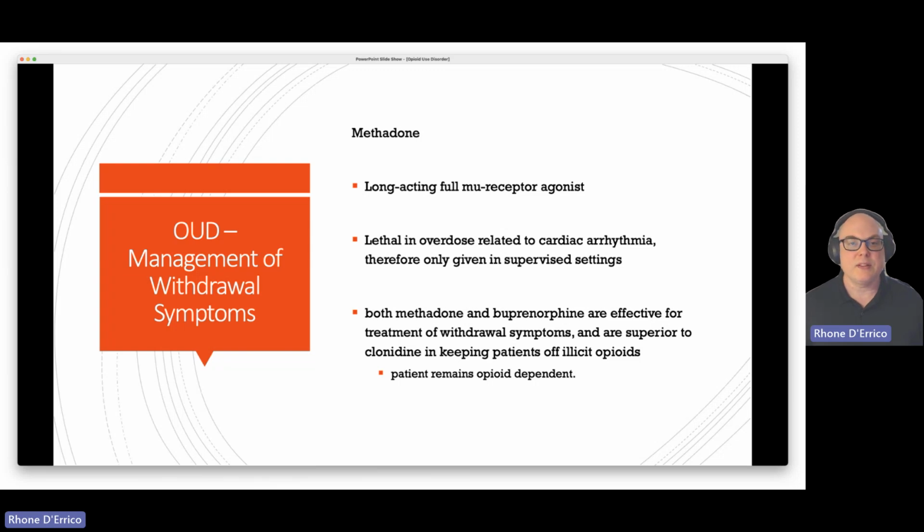It's good to realize, and this isn't necessarily negative or positive, but just something to keep in mind. Patients that are on methadone or on buprenorphine, they remain opioid dependent, okay? So we have not cured their opioid use disorder, if that's even possible. They may be in remission, but it's being controlled by another opioid. So again, this isn't a value judgment. This isn't saying good or bad. It's just something to always keep in mind. That patient is still opioid dependent. They're just like an insulin dependent diabetic, where a diabetic may be well controlled if they're getting their insulin, but they're dependent on that insulin. You can't take it away. That's basically the same thing that happens with opioid dependency.